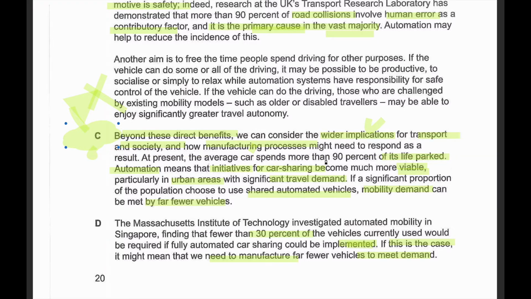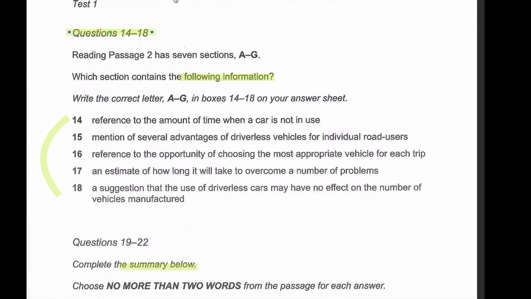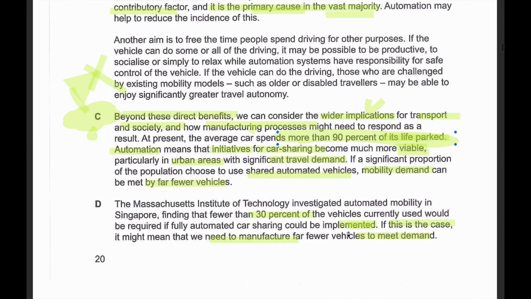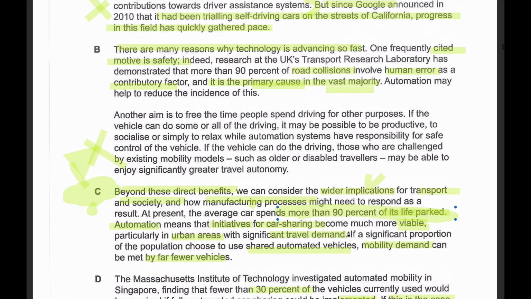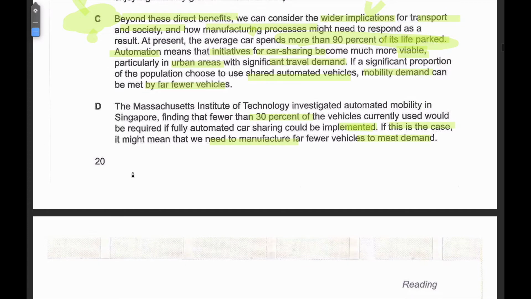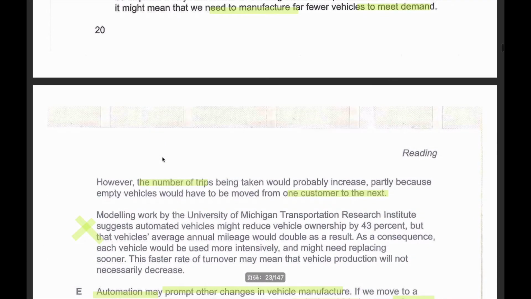It should be paragraph C because it says at present every car spends more than 90% of its life parked. Obviously C. And then the mention of several advantages of driverless vehicles for individual road users. Let's see where the advantages are mentioned. This part talks about reasons, why technology is developing rapidly, and then further on it talks about